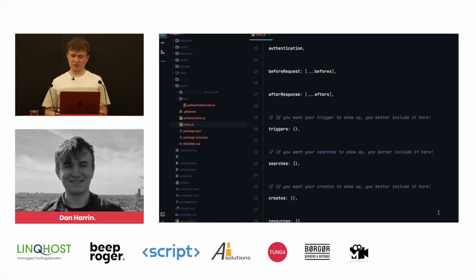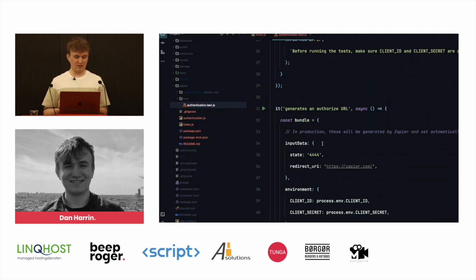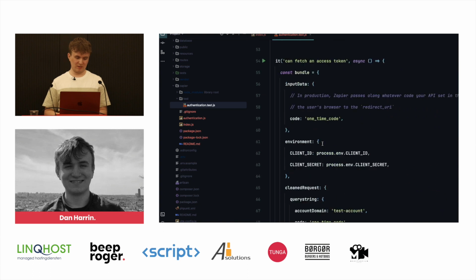We're just going to focus on resources today because they kind of group all of the other ones together into an easy-to-use structure. We also do have tests. So we're not going to cover these today, but Zapier is able to generate tests for you. You can just tweak those to make sure they actually suit your application and allows you to build a more stable integration.